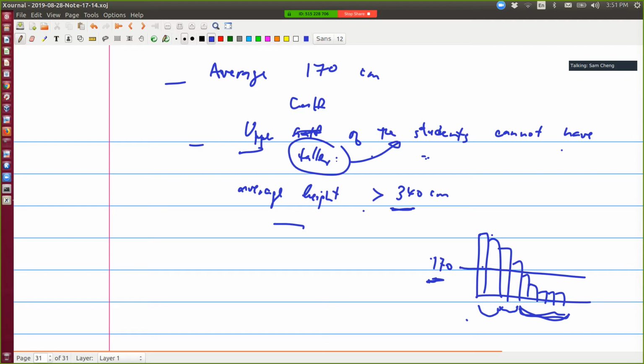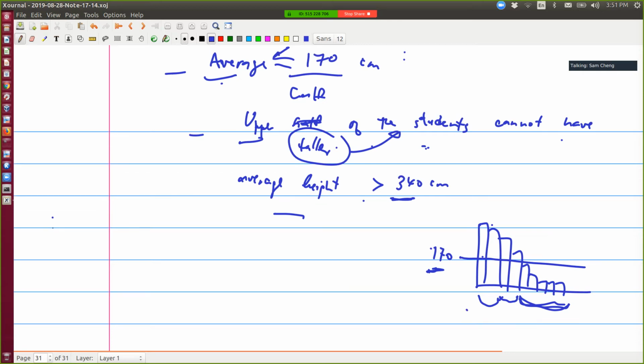Or actually, this does not need to be average height exactly equal to that, right? Average height, I can say, if average height is less than 170, then the upper taller half cannot be larger than like 340. So